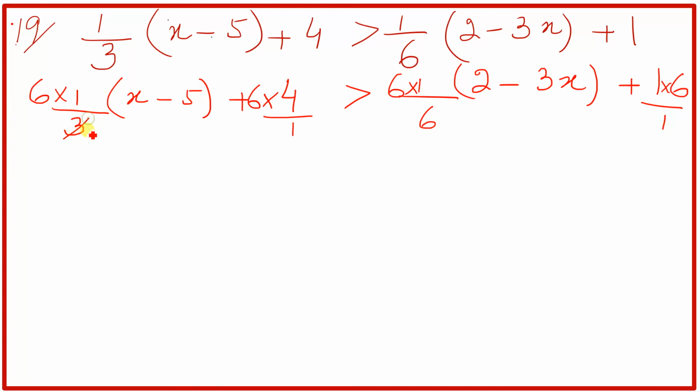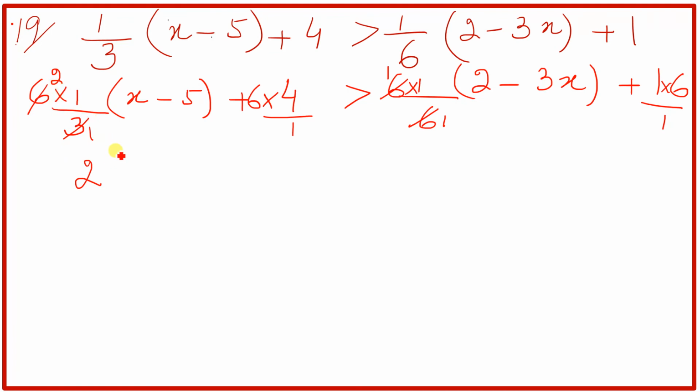So see, 3 one time is 3, 3 two times is 6. Here 6 one time, here 6 one time. The question is why I said you have to multiply by 6. Because you have to multiply with a number which is present in both the tables of 3 and 6. Or if you multiply these four terms by 18, you will get the correct answer.